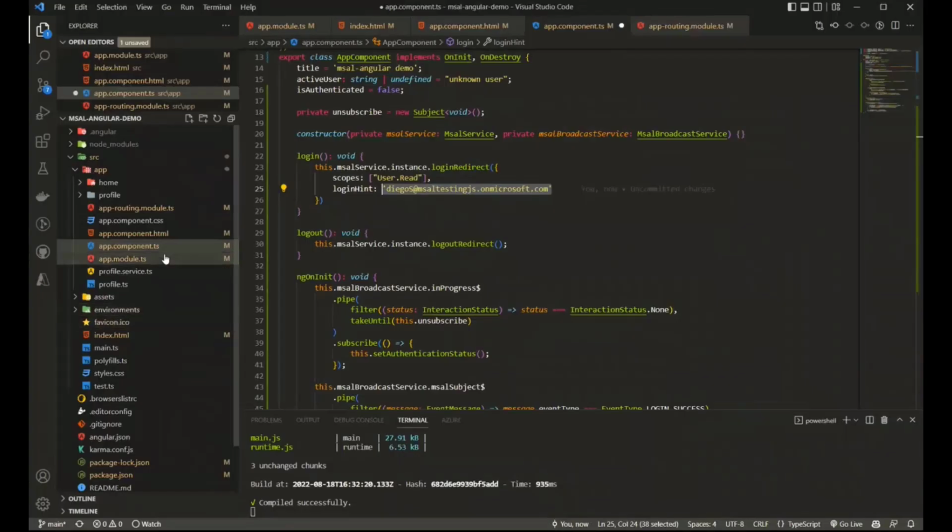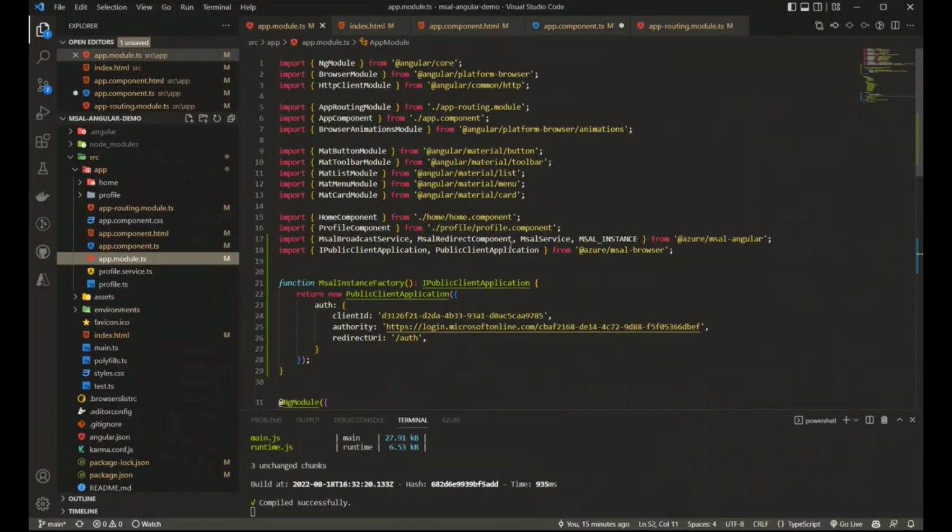Next question we have is, how does this change in a B2C context? Jason, do you want to explain that question a little bit more for us? No, just the question was along the lines of, if you're using Azure AD B2C as opposed to directly Azure AD, what other configuration needs to happen? So do you want to cover that one?